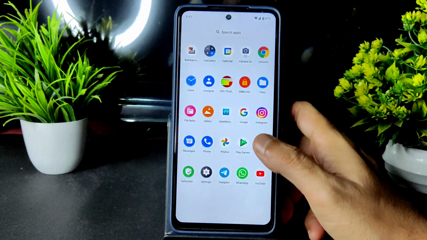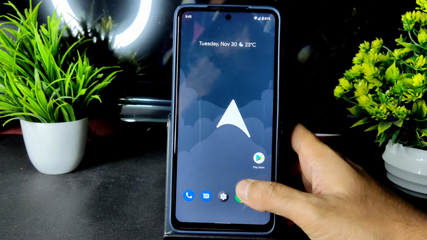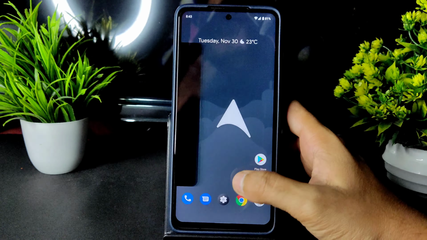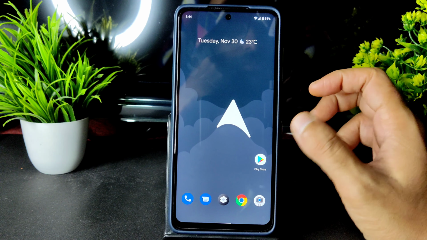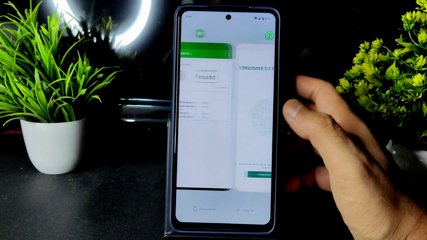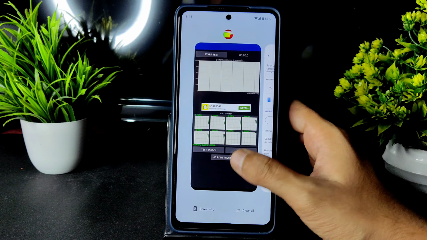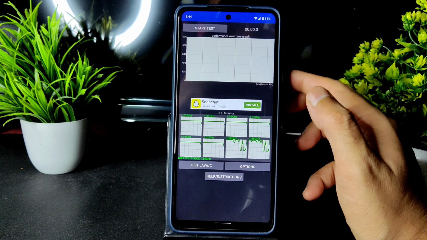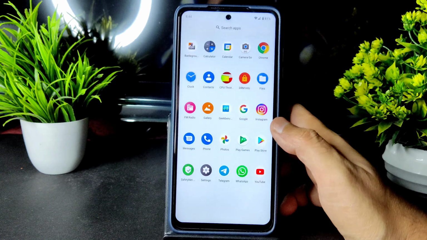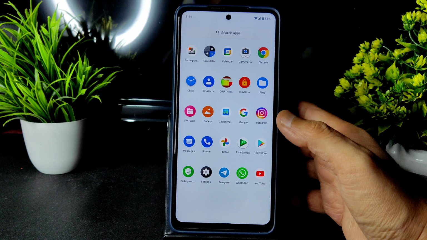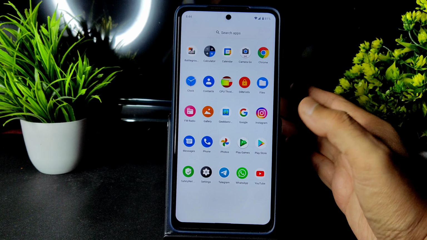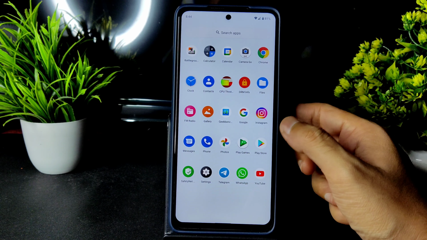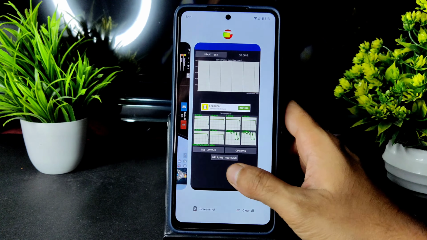And this is how the performance is in this ROM. I hope I have explained everything in this ROM. As you can see, the RAM management is not that great, because the CPU throttling test at the beginning was opened, but for some reason it had to be reloaded. That's what I understood. Just 2 apps were opened at the beginning, but still it was booted out of the memory in just 10 minutes. That's all guys. It's fine, the ROM is working fine, smooth enough.